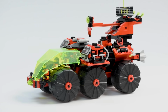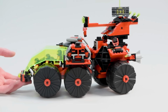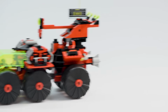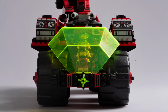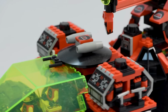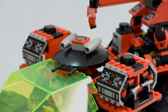The Mega Core Magnetizer has this nice turning action. Some elements in the middle allow for this nice little front section to bend and flex. And it drives pretty well. There's something very satisfying about moving around this giant machine. One nice touch is this dish in the middle, it moves with the vehicle. So as you rotate it, the dish actually stays in position, while the whole rest of the front turns and